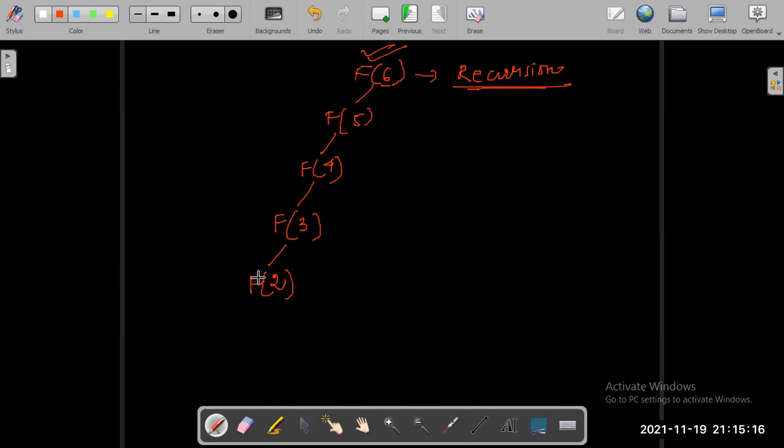Now, since we have already kept a base case that the second Fibonacci is 1, this will be returned and this function call terminates here. Now another function call comes: I need to calculate the Fibonacci of 1, and we know that this is 0, and we will return it as it is, and it will reach the Fibonacci of 3. Now Fibonacci of 3 has been calculated. What value will be returned to the previous function call?